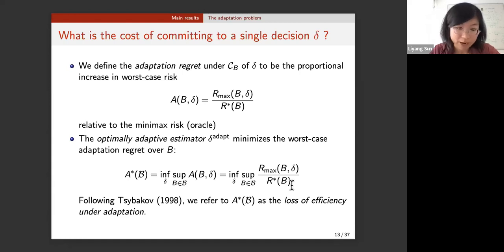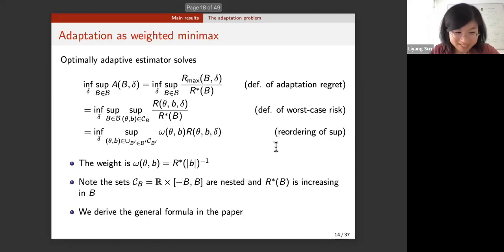But as I will show you on this slide, the adaptation problem, which is minimizing the worst case adaptation regret, can actually be rewritten as a weighted minimax problem with a particular weighting scheme. We have more details in the paper, but for the framework of local misspecification, where the bias spaces are nested and the minimax risk increases in the upper bound,